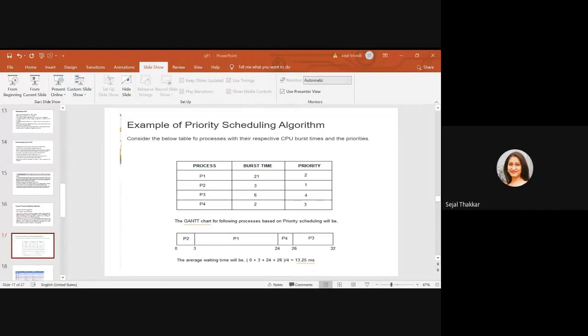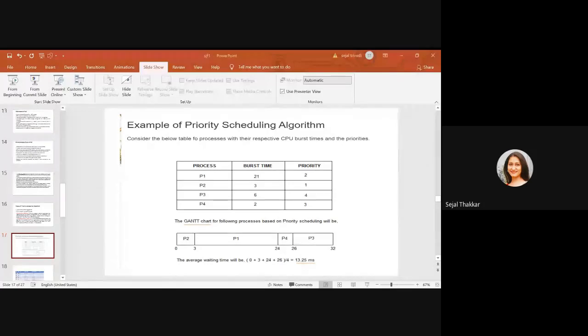Okay, see. Now first we need to consider the arrival time 0, right? First consider the arrival time 0. At arrival time 0 only P1 can. So we need to proceed P1 until other processes come into the ready queue. If there is nothing in the ready queue, there is no meaning in processing. Only P1 arrived at time 0. So we need to proceed for P1.